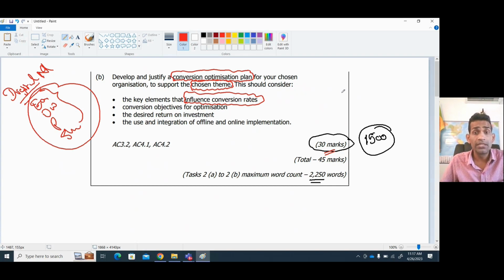Investment on the digital infrastructure development based on the company and the theme you are talking about. Your ecosystem, the digital ecosystem within the organization, you need to talk about. So learning and development within the organization related to the digital infrastructure, motivating employees, even those things you can talk about. Desired return on investment based on the conversion optimization plan, because you need to make sure